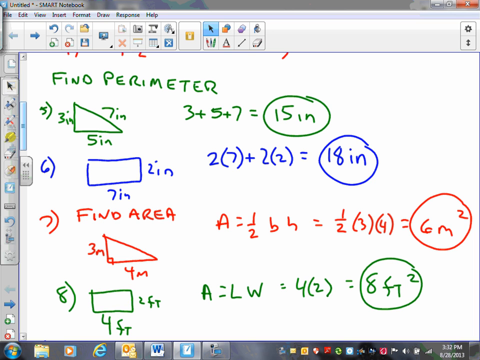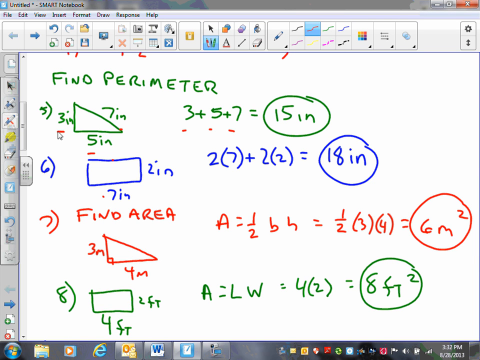Then we have a couple of perimeter problems. The first one's a triangle. Perimeter is the distance around a figure. So you just add up your 3 measurements. 3 plus 5 plus 7 is 15, and it's inches. You must use units. On a rectangle, you have